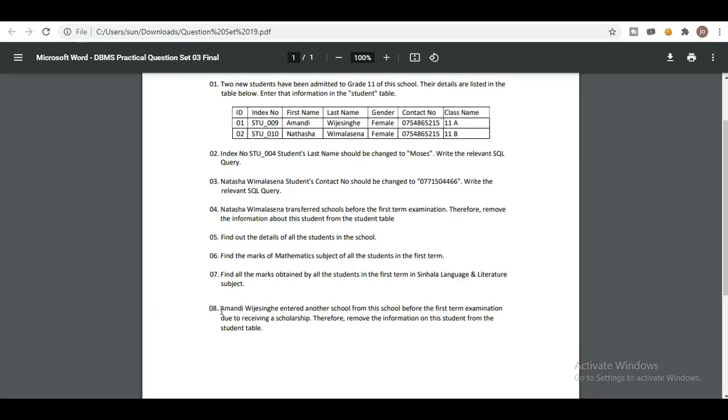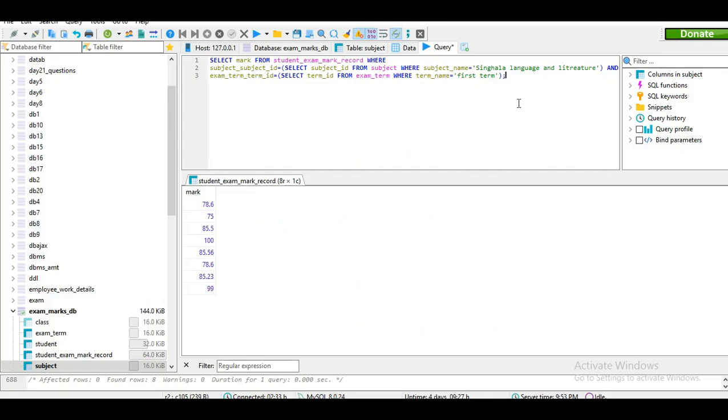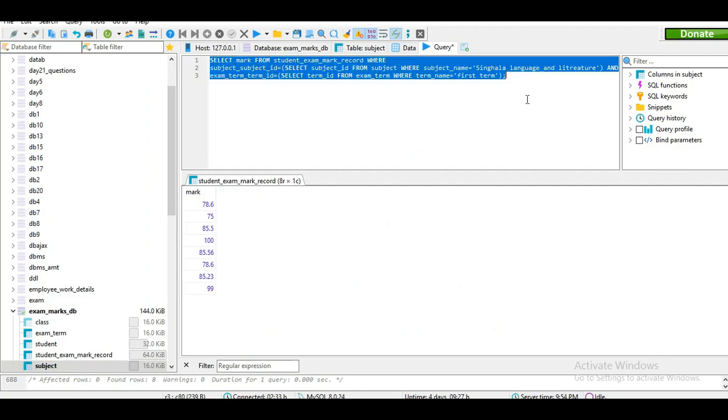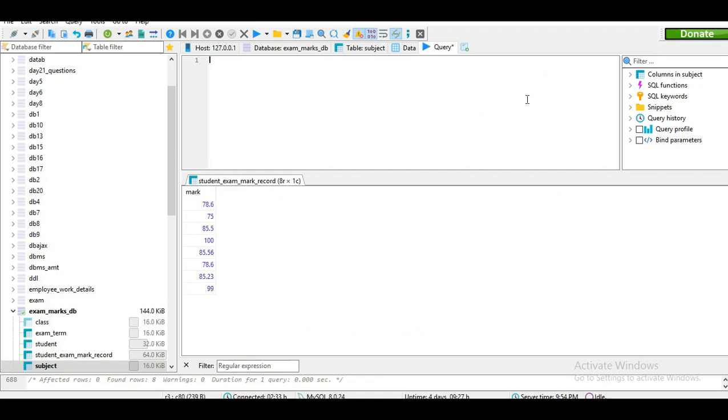And now in the 8th question I've been told that Amandi Vijay Singh has entered another school from this school before the first time examination due to receiving a scholarship. Therefore remove the information of this student from the student table. So over here I need to type in another delete query, and for that let me first erase this and type in delete from student table